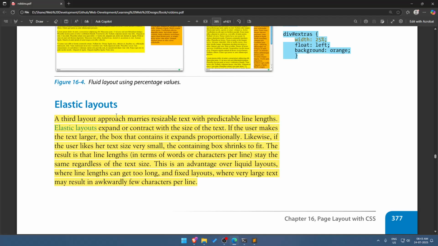Elastic layout, a third layout approach, marries resizable text with predictable line length. Elastic layout expands or contracts with the size of text. If the user makes the text larger, the box that contains it expands proportionally. Likewise, if the user likes her text very small, the containing box shrinks to fit. The result is that the line length in terms of words or characters per line stays the same regardless of the text size. This is an advantage over liquid layouts where